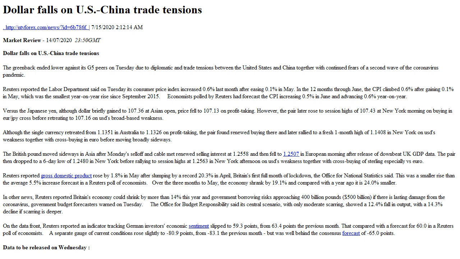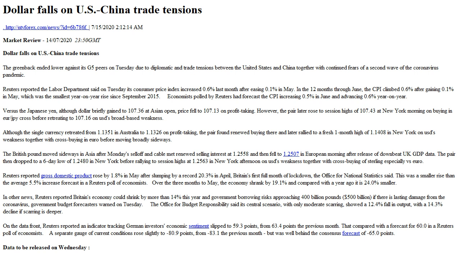Reuters reported gross domestic product rose by 1.8% in May after slumping by a record 20.3% in April, Britain's first full month of lockdown, the Office for National Statistics said. This was a smaller rise than the average 5.5% increase forecast in a Reuters poll of economists. Over the 3 months to May, the economy shrank by 19.1%, and compared with a year ago it is 24.0%